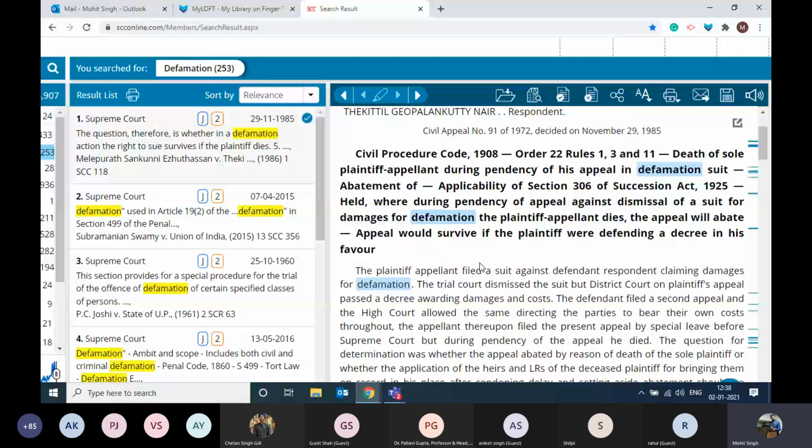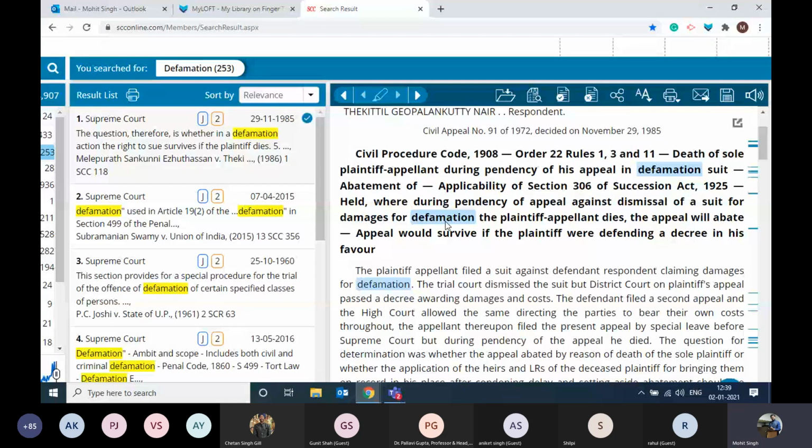This summary tells you what the whole judgment is talking about. So this judgment is talking about CPC 1908, Order 22, Rules 1, 3 and 11. It is also talking about applicability of Section 302 of the Succession Act 1925, during pendency of appeal against dismissal of a suit for damages for defamation.